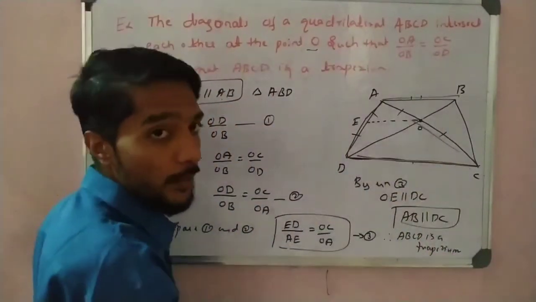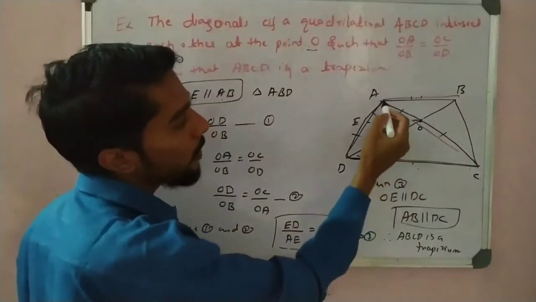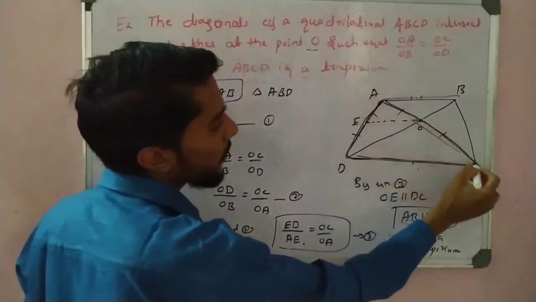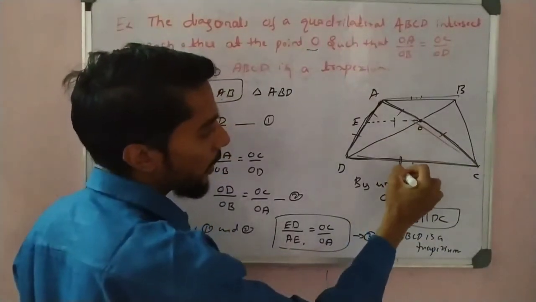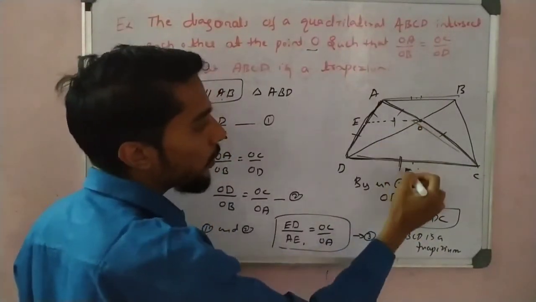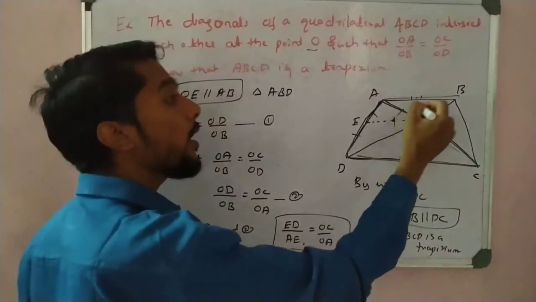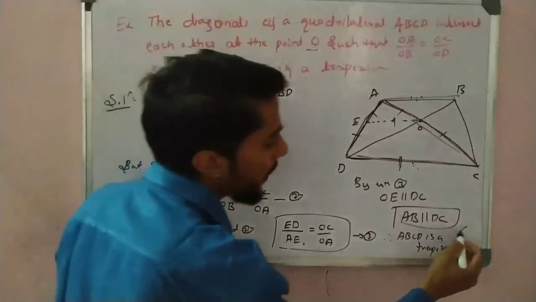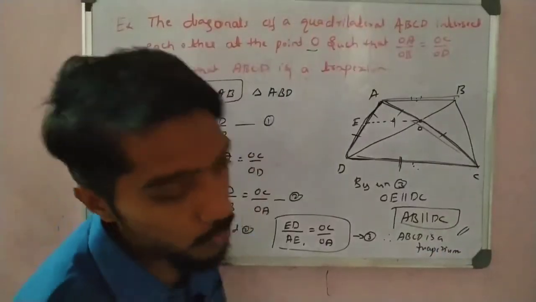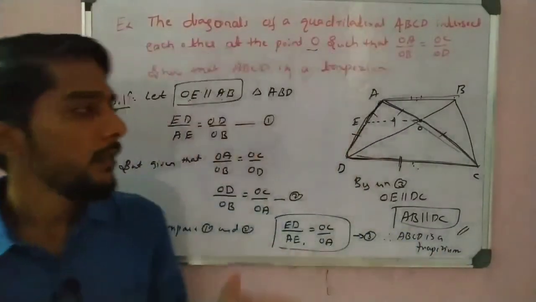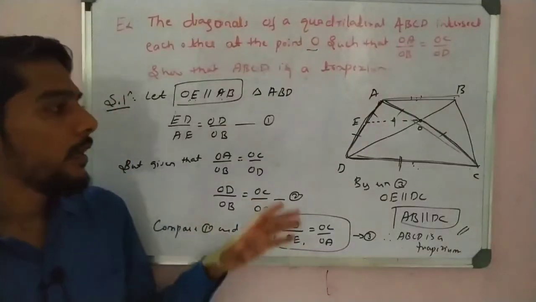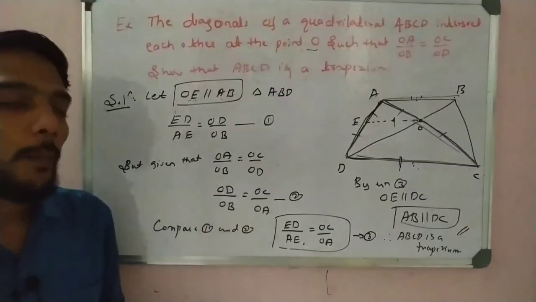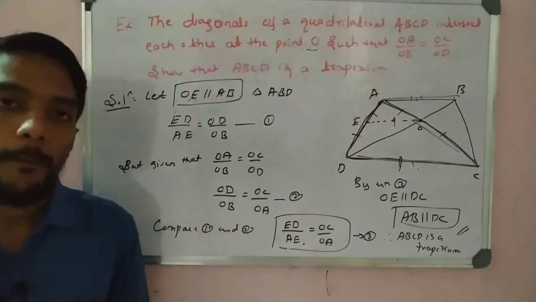Why? Because by the definition of a trapezium, a pair of opposite sides are parallel. So simply observe that in the equation, these two sides are in ratio with these two sides, and if they are in ratio, the lines are parallel. OE is parallel to DC and OE is also parallel to AB, which means AB and DC are parallel to each other, so we get a trapezium. Okay students, this is a very important last exercise question of the BPT theorem. Please note this down in your notebook. Pause the video and note this down.